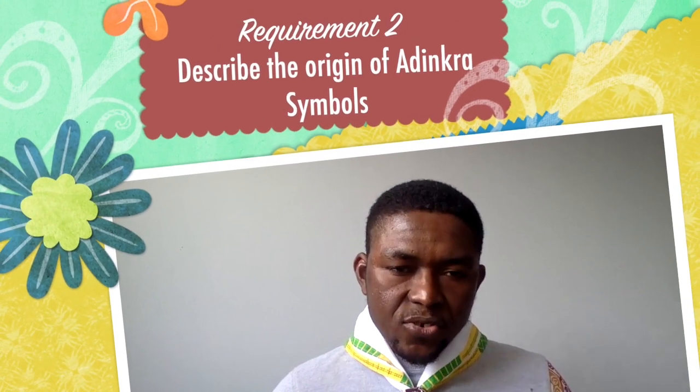Requirement 2. Describe the origin of the Adinkra symbol. History has it that Nana Kofi Adinkra was the king of Jarman. Jarman is a small village in modern-day Ivory Coast. He was the king who developed the initial symbols, after which the Akans, the Ashantis, added several other symbols, and officially from when this went into production, we have 56 Adinkra symbols. For the purpose of this honor, we'll be looking at 20 of those symbols.